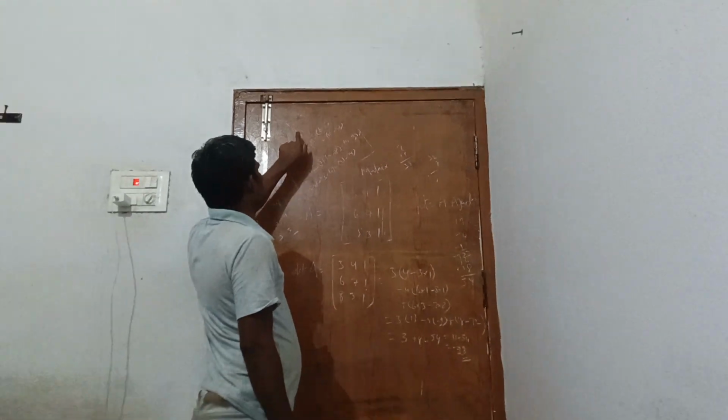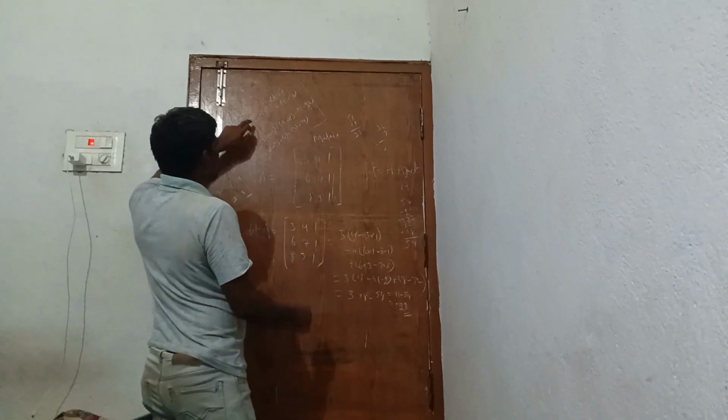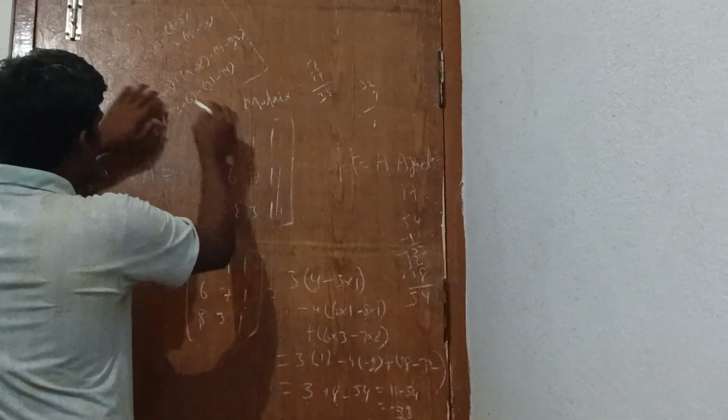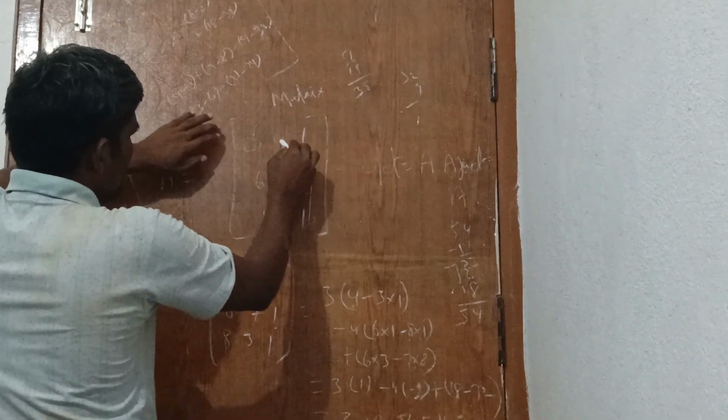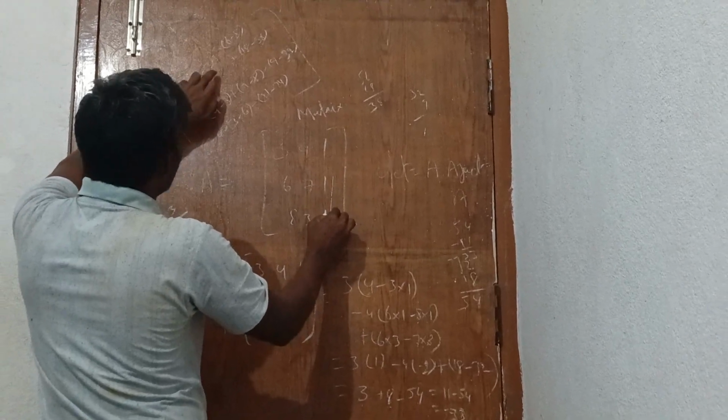Apply the symbols. This matrix, apply the symbols. Plus to minus, plus to minus, to plus to minus, to plus to minus, to plus. Apply this matrix. Next one, this is cancel. Adjoint here problem I am explaining. 7 minus 1, 7 minus 3.